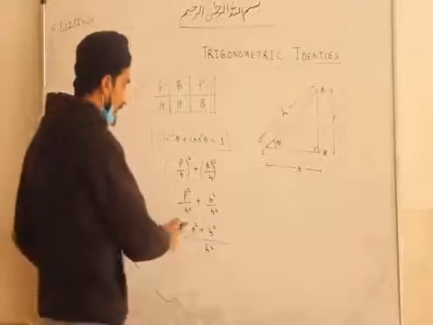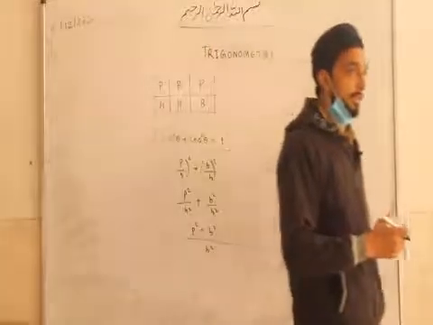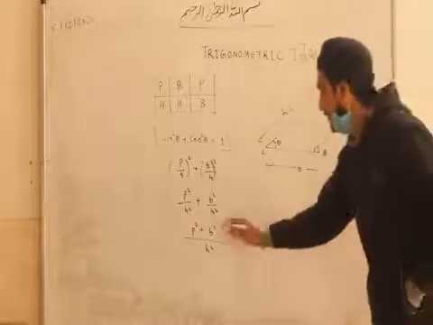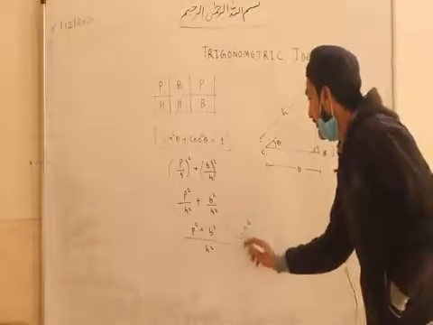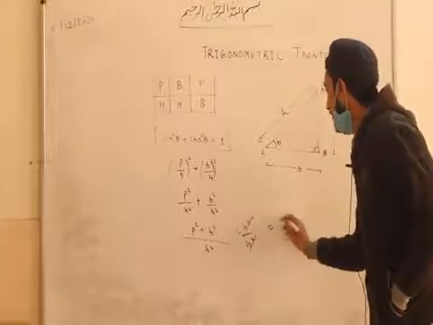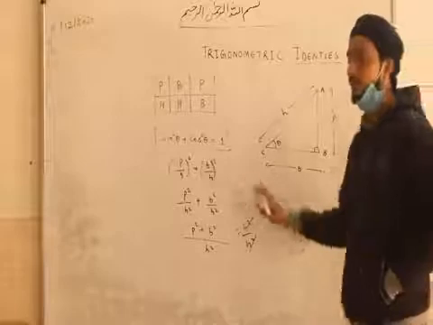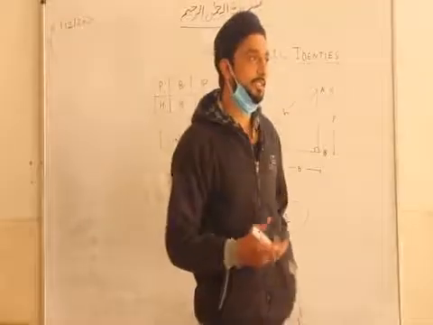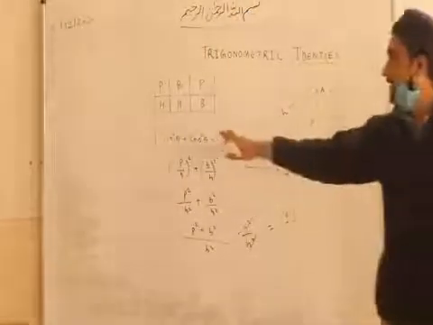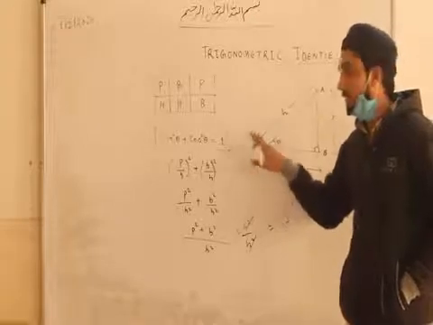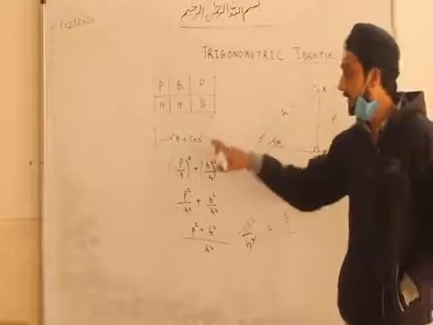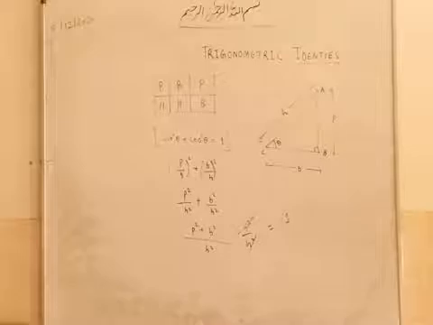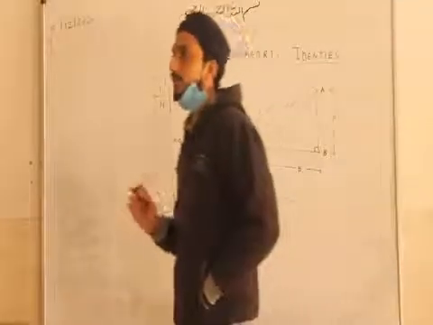We know that by Pythagoras theorem, P square plus B square is equal to H square. So in place of this we can write H square upon H square, so these two will cancel out. So what we get is 1. So LHS is equal to RHS. This is true for any value of theta; the LHS is equal to RHS for any value of theta. That's why it is known as an identity, and since we are using trigonometric functions here, it is a trigonometric identity. So you have to always remember this: sine square theta plus cos square theta is equal to 1.